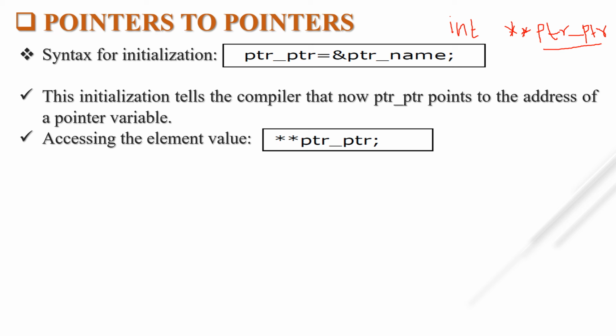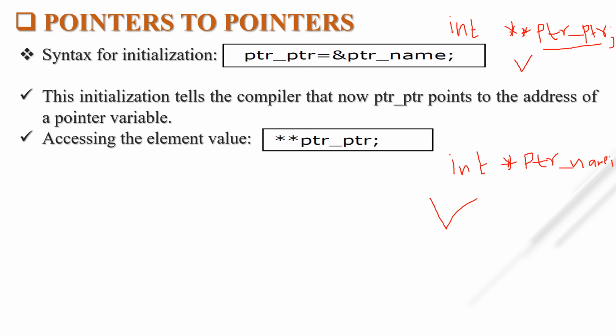And suppose another declaration will be there, that is int *ptr_name. So this is a simple pointer, but what is this? This is a pointer to pointer.